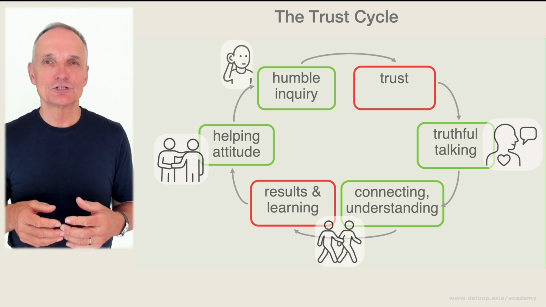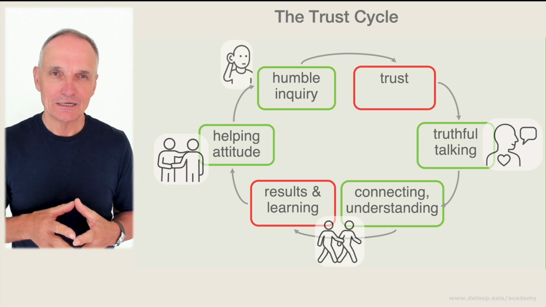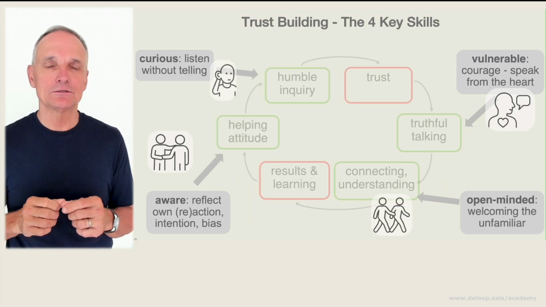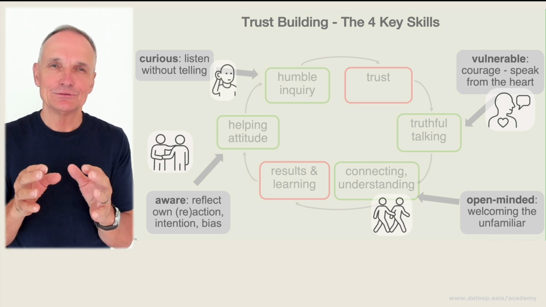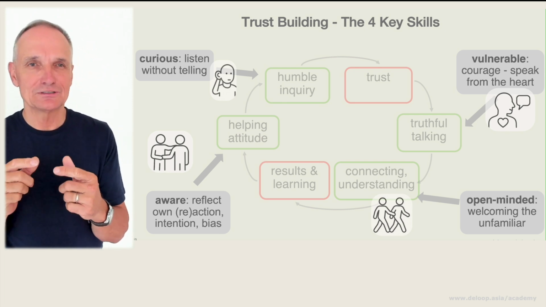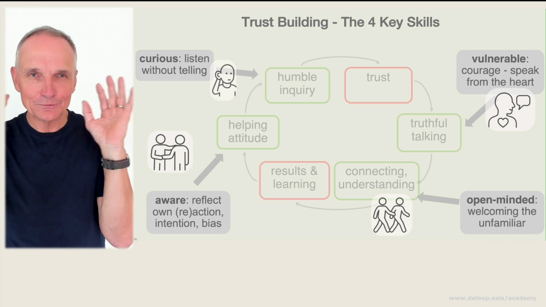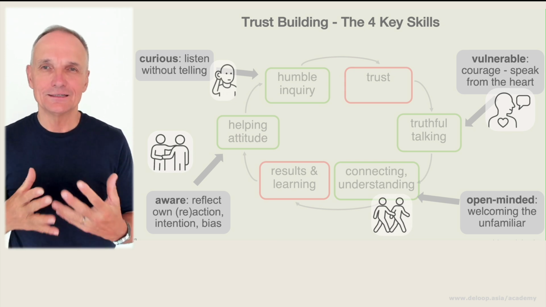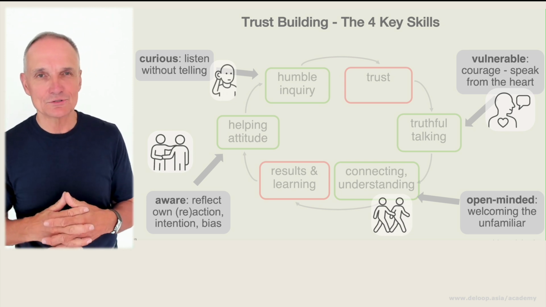What is needed when you want to show humble inquiry, which is the art of listening without telling, as defined by the late Edgar H. Schein, is curiosity. The skill that you need for humble inquiry is curiosity. So you really have to be open to learn what the other person has on board in terms of skills, of experience, of knowledge. And shut down your inner voices and open your ears and radar wide so you can actually learn more from them. That's humble inquiry and curiosity. And that way you're creating trust, initial trust between yourself and the other person.